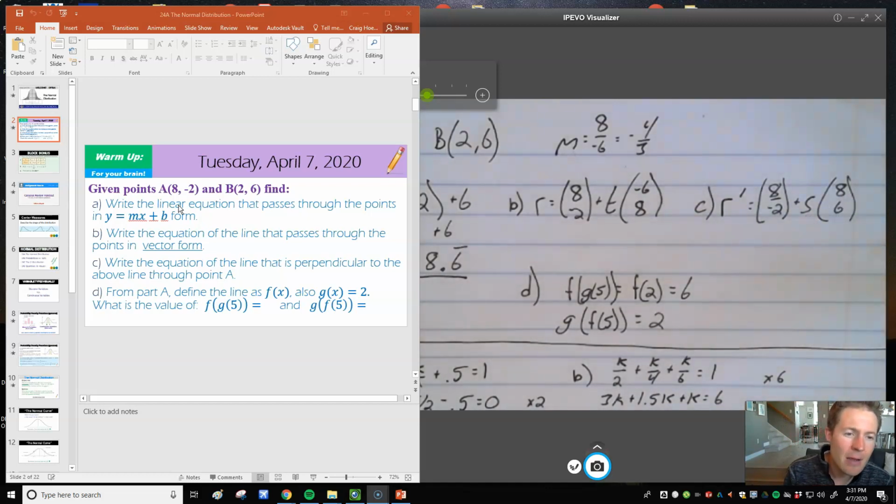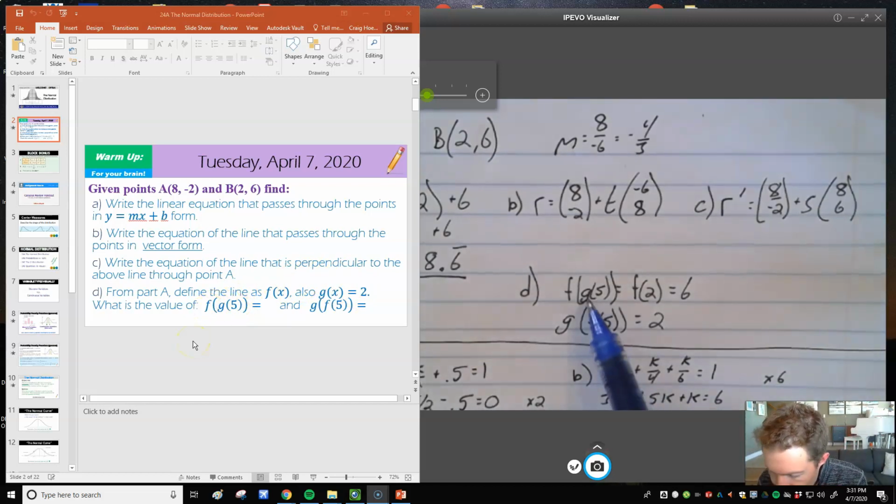All right, part D. From part A, define this as f of x, and g of x is that boring function. Here, just a little practice with composite functions. If you put 5 into g, well, it just equals 2, g only equals 2, and you plug 2 into f. So here we're plugging in